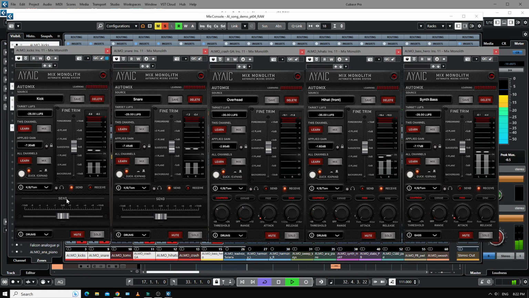The only other thing you can see going on here, which is kind of cool, is because it knows that this is a kick and a snare, it's side chained the other instruments to them. Now I don't need that on the overheads, and I don't need it on the hi-hats, but I'm going to leave it on the synth bass.